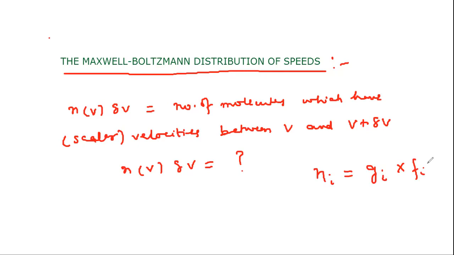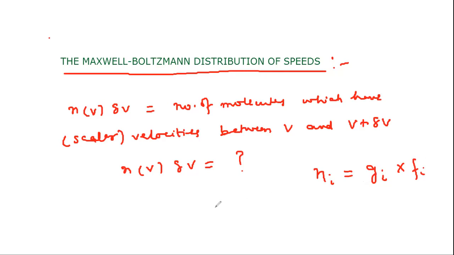As I told you, Ni is the number of particles in Gi states, and Fi is the filling factor, the average occupation number per state. So instead of Gi,